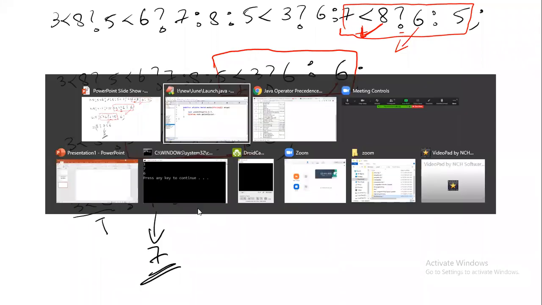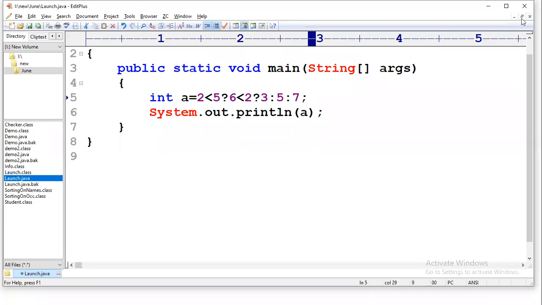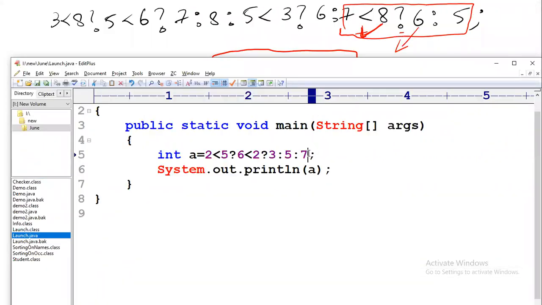I hope everyone has understood this. So if I'm writing the question, let me write it like this here. I'll write the question to see whether my method is right or not. 3 less than 8 question mark, 5 less than 6 question mark, 7 is to 8 is to 5 less than 3 question mark 6 is to 7 less than 8 question mark 6 is to 5.